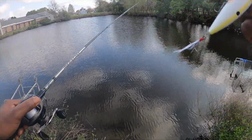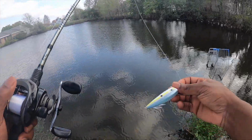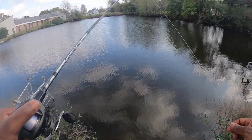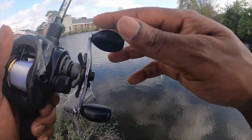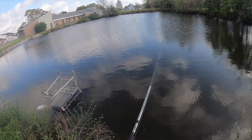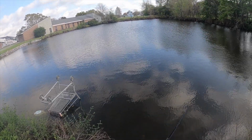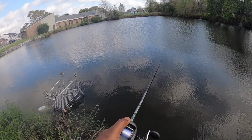Not just that, fellas, I'd throw around the little trees, the overhangs and stuff like that, because these poppers are also good for lay downs, to try to call those fish out. And what I did is I just threw it out there in the middle, in the deep part. Normally when I throw it out there in the middle with a popper, normally what I do is